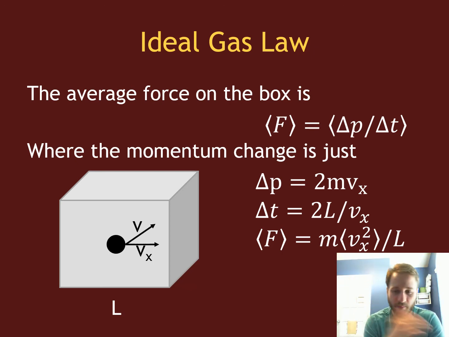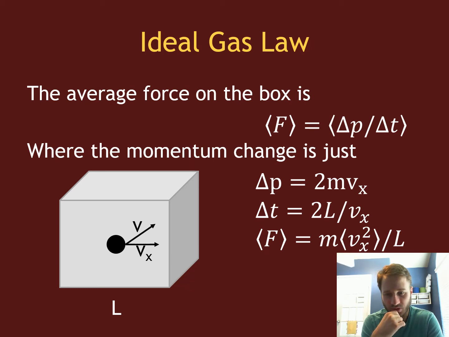So when it hit the wall and came back, it's moving in the x direction, but now in the opposite way. And so this momentum has changed by 2 times its original momentum, as it's changed by 1 times the original momentum to sort of stop, and then another 1 times its original momentum to go back. Okay, that change in time that we calculated in the last slide is just that 2L